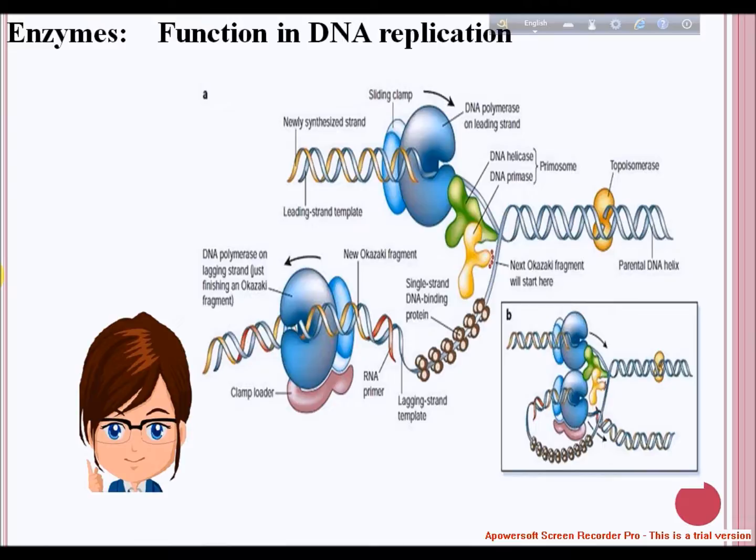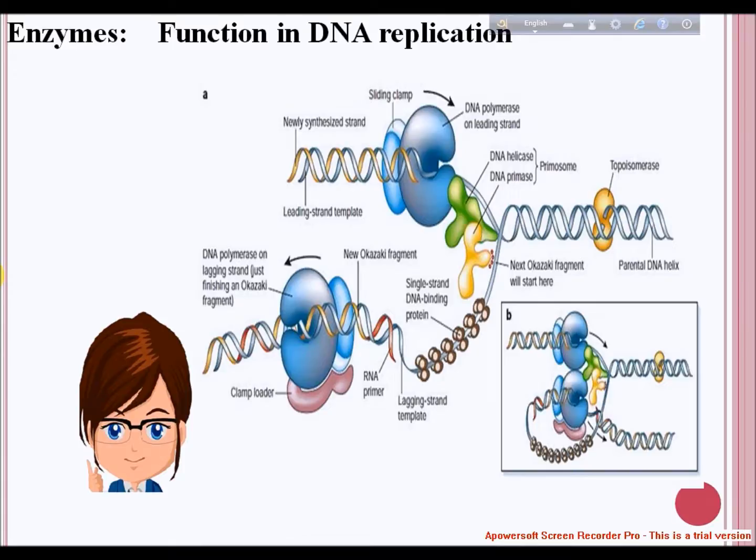Next is the DNA clamp, a protein which prevents the DNA polymerase from dissociating from the DNA parent strand. Single-stranded binding proteins, SSB proteins, bind to DNA and prevent the DNA double helix from re-annealing after DNA helicase unwinds it, thus maintaining the strand separation and facilitating the synthesis of the nascent strand.